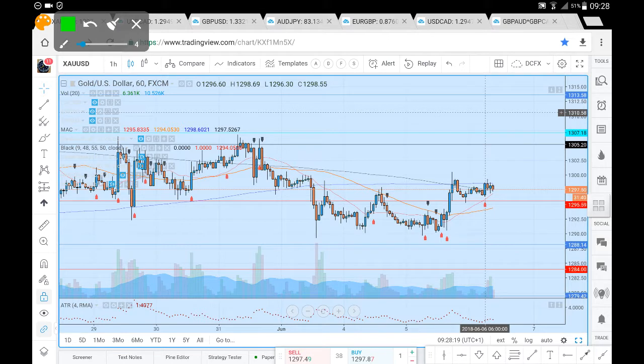Now we've seen a break above the 12.96. We've had a move all the way up towards this 1300, from which we've had a rejection, held support in around 12.96, and we do seem poised for another test of that 1300 level. So if we can break and hold above the 1300, we're looking for a move up towards that 1305, very strong level from the daily chart, successful break from which we're then looking for a move up towards a 1307,